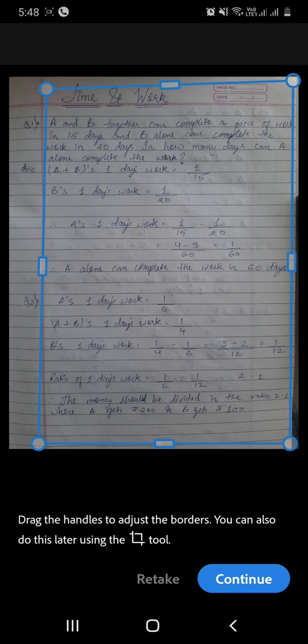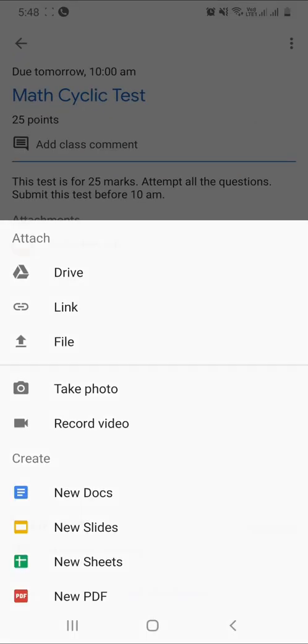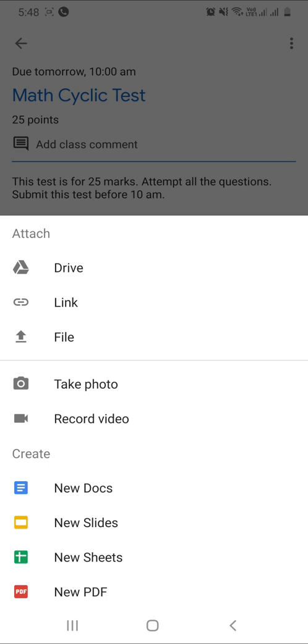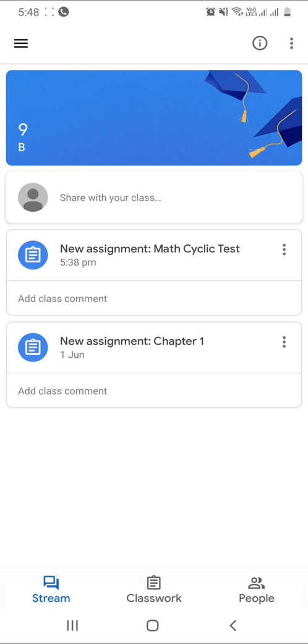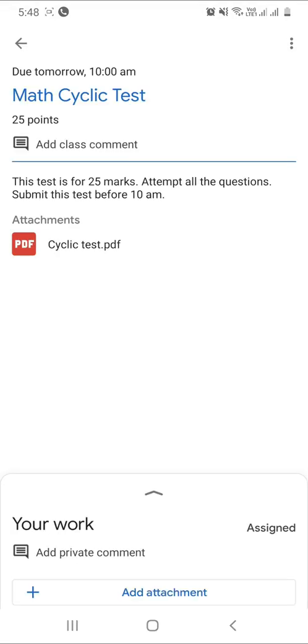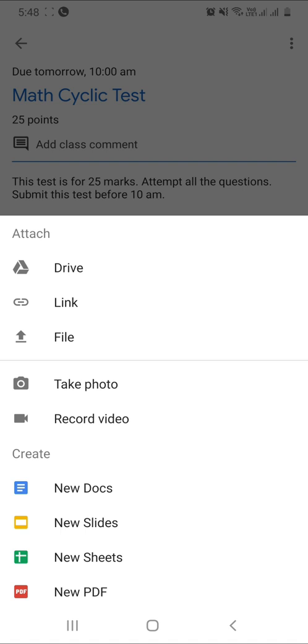We are not going to get into that, but the way to do this is, suppose you are done taking the test, you have written your answers and you want to send it to the teacher now. So what you will do is click on the assignment. You will click on the add attachment button at the bottom of the screen, and from here you click on file. By clicking on file, it will allow you to attach a file to this test and send it to the teacher. So I'm going to click on file, right?